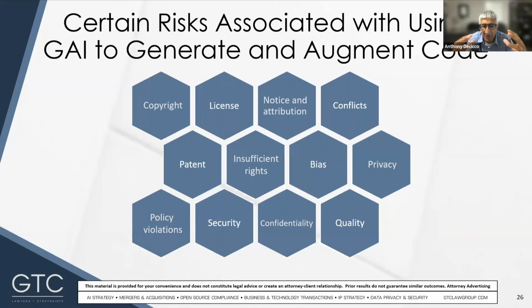And a lot of this, I find, echoes the discussion around open source 10 to 15 years ago, when companies were still saying you can't use it. And eventually they realized you can't be competitive if you're not using it. And I think the same is going to happen here.